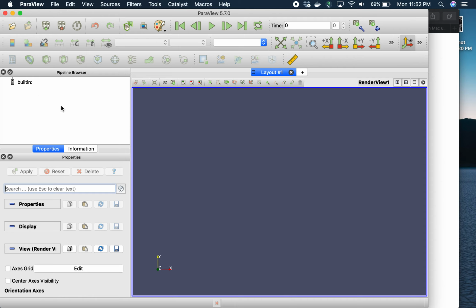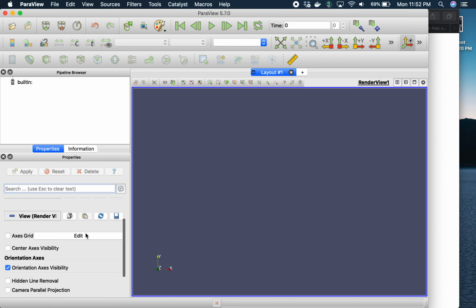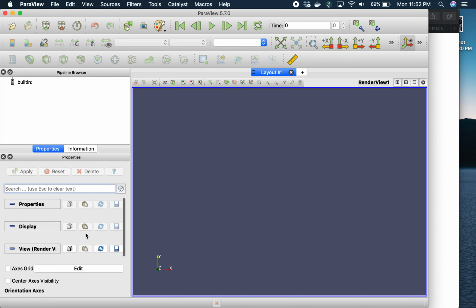Essentially, if it all works out and the ParaView file is saved properly, it'll show the file that you just simulated right here, and this apply button will be green. Essentially what you're doing is hitting apply, and then you'll come down into these properties and displays, and you can edit